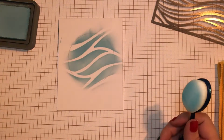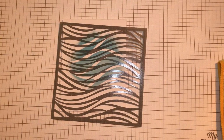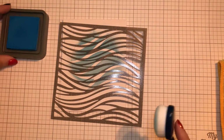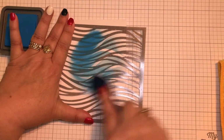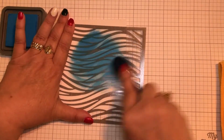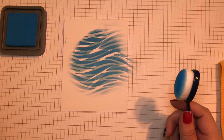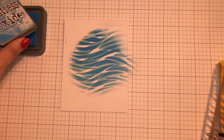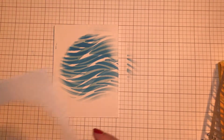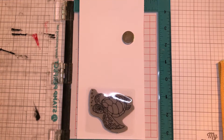So I'm going to get this circle all ink blended. I used Tumbled Glass here, and then on this one, I used Salty Ocean. And I'm going to just use some ripples over top of that, and then I will reveal and show you that it looks kind of like some waves going in and out. The white could be the crest of the waves, and my sea turtle is going to ride on that crest